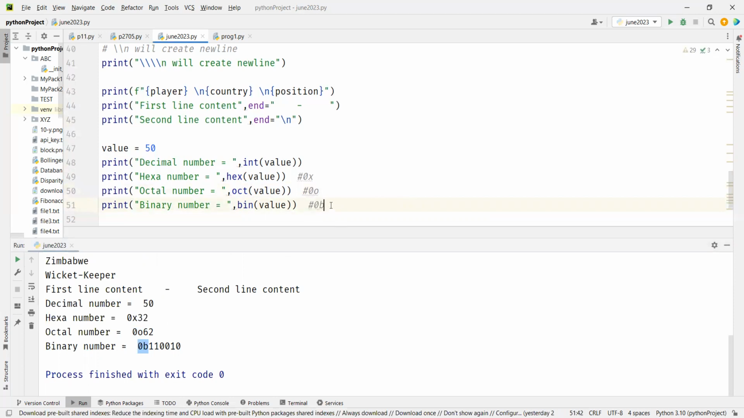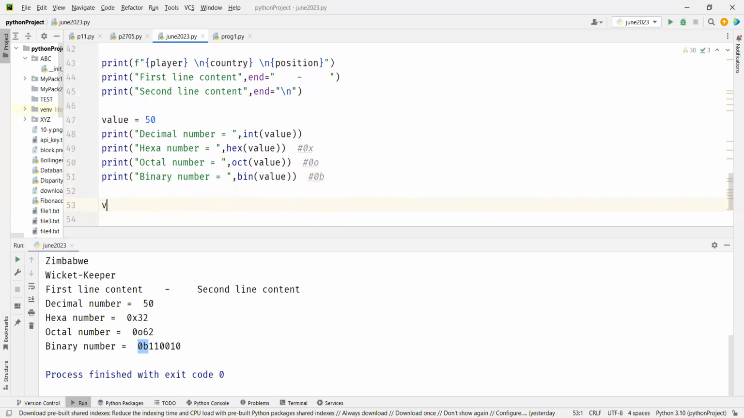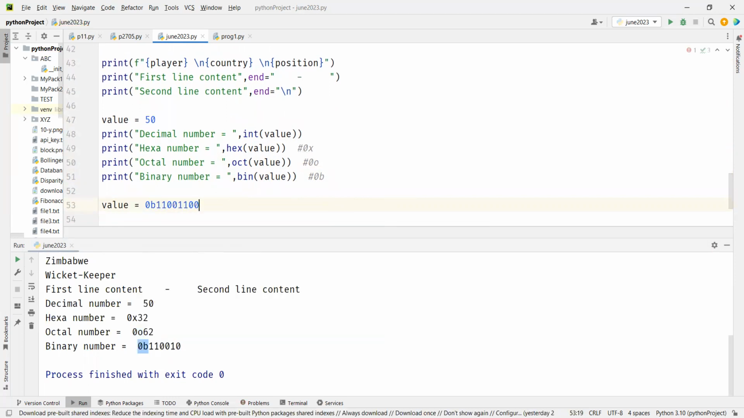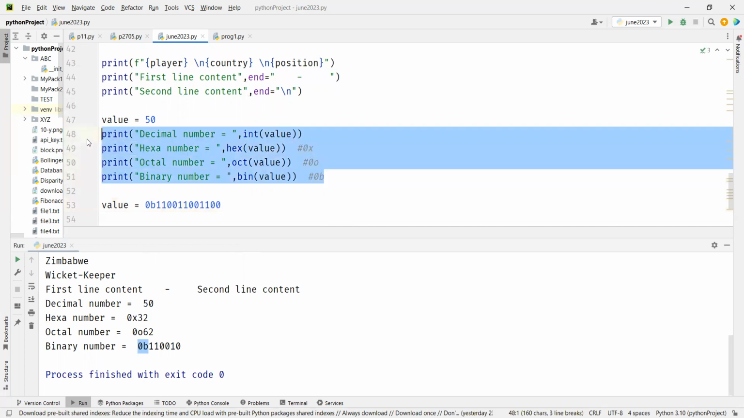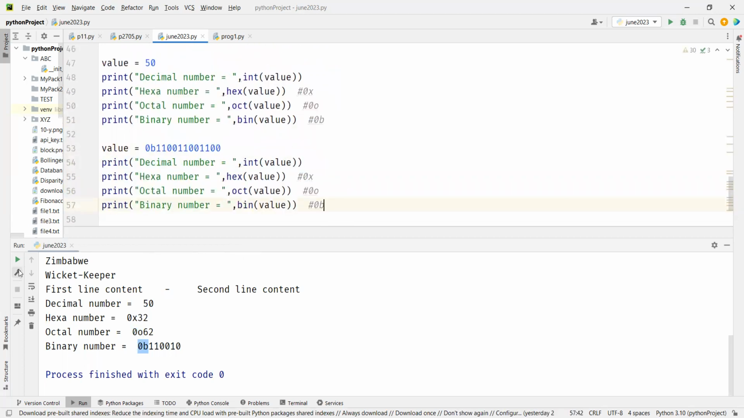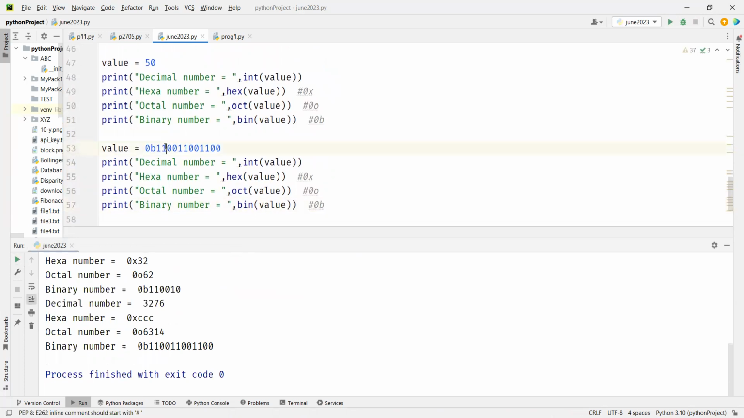Now, let's say I have a number value, and here I write 0b, which means I'm writing a binary number. Let's say 1100 1100 1100. I want to know the equivalent of this in different forms. You just copy and paste this here, and you run it. So this is equal to